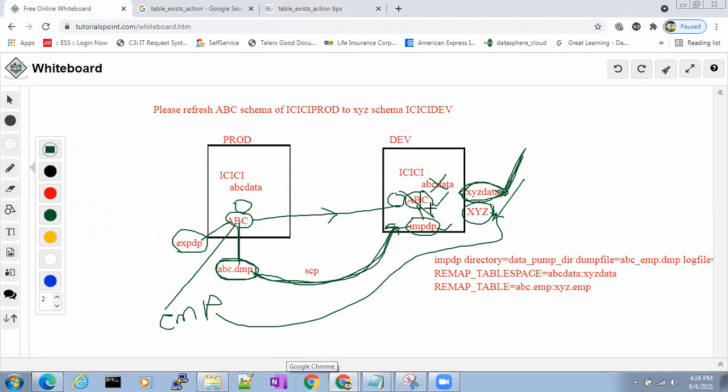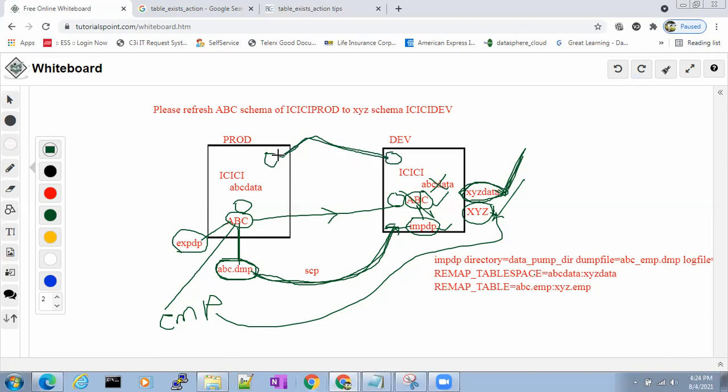Here, this is the schema of export. You have to export here, copy, and import here. It could be any schema, ABC schema, XYZ, anything. We don't worry about schema names. Now we only worry about table underscore exist underscore action equal to skip.